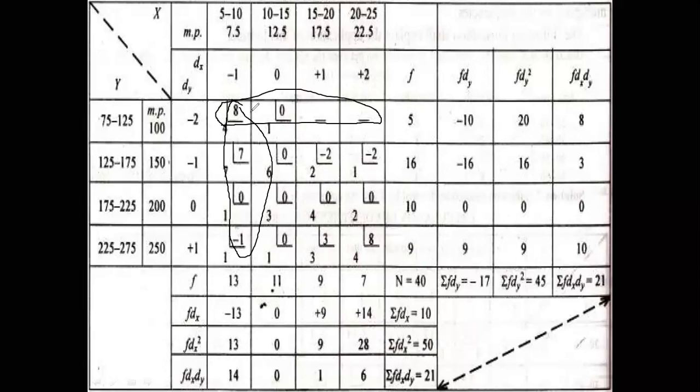So now, first we do it vertically. For the first one, adjacent to the 5, 10 column of x: 8 plus 7 minus 1, the value will come 14. 8, 7, 15, 15 minus 1, 14. All 0, the value will be 0 for f dx dy. The next is minus 2 plus 3, the value will come plus 1 because 3 is greater than 2. The next is minus 2 plus 8, and the value will be 6.